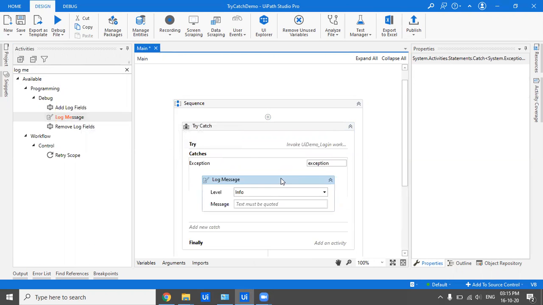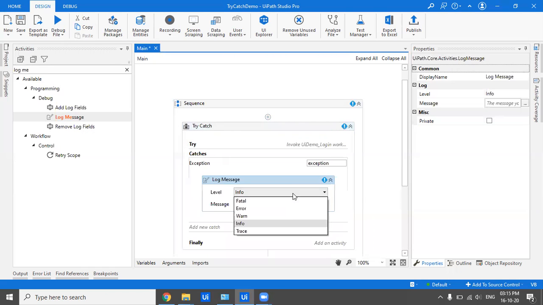Now there could be a lot of things which you want to do when the exception arises. As of now I'll be just logging whatever the exception is, and I can log it with error, or I can log it with a warning message if I just want to warn, notifying that there was an exception but I'm moving ahead anyway. It could even be info, but usually if it's an exception, it has to be an error, a fatal, or a warning.